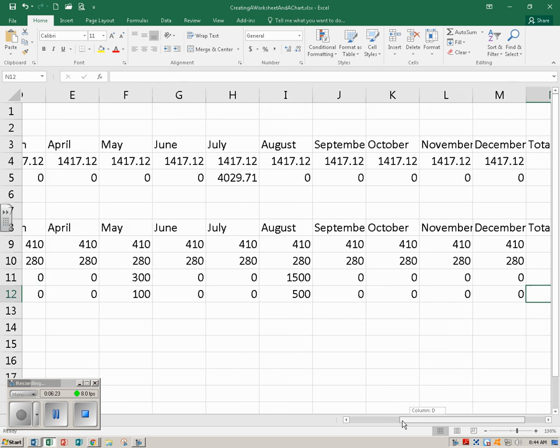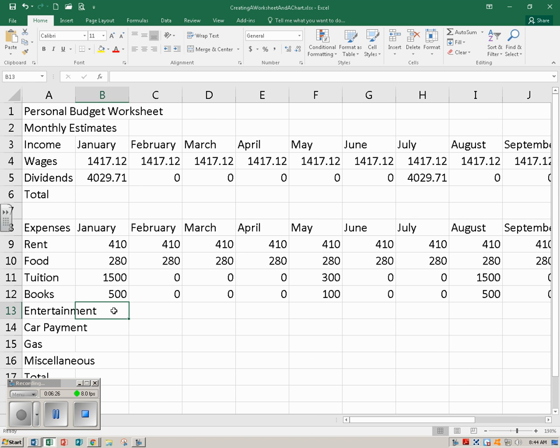And scroll back over. The next one is entertainment. And some months you do more entertainment than other months. Maybe some months you just don't have time. You've got way too many activities happening. You've got to study for a bazillion tests, and you're just too busy to get out, or maybe it's just too cold to get out, even to go skiing or whatever. So we're just going to go ahead and give this person a $100 budget every single month for entertainment. To make it easy on us, we're just going to pull that over